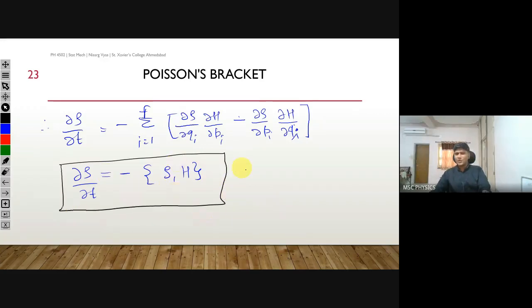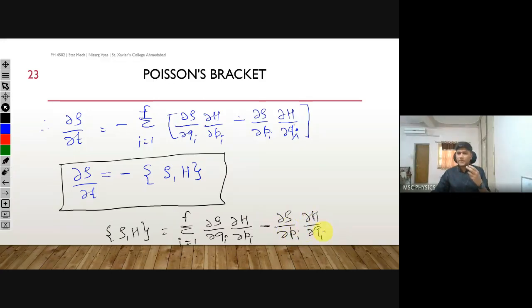Now what is this rho and H? This bracket of rho and H is called Poisson bracket. Poisson is the name of the scientist, you pronounce it as Poisson. So it is Poisson's bracket. And how do you write it? For f dimensional space, you write it as the sum over i equal to 1 to f of del rho by del qi and del H by del pi. Then you invert both of these guys, so del rho by del pi and del H by del qi, and you add it for all the dimensions, and that we call Poisson bracket in classical mechanics.